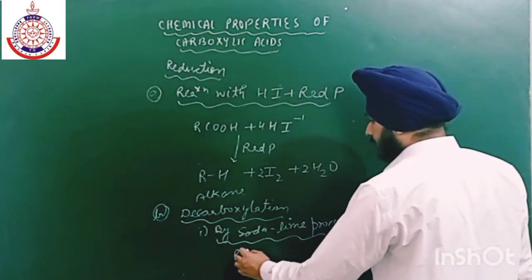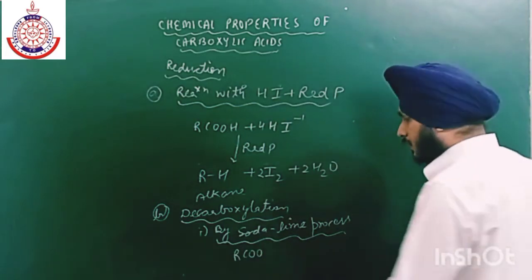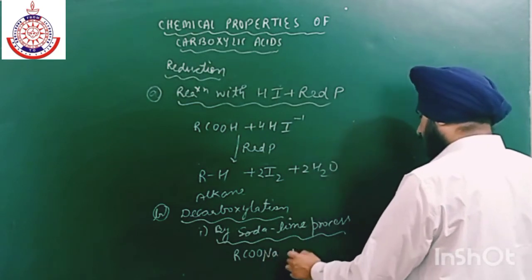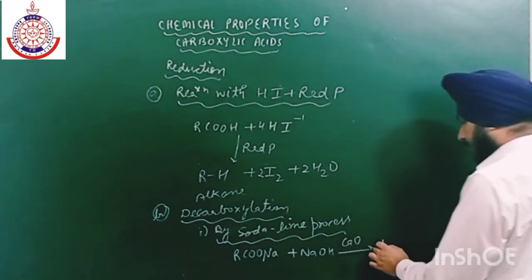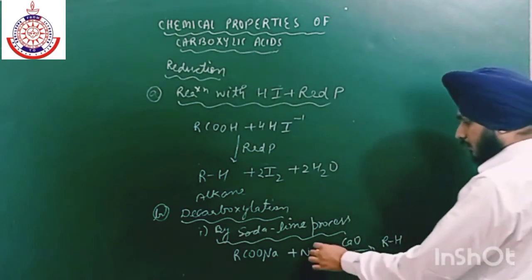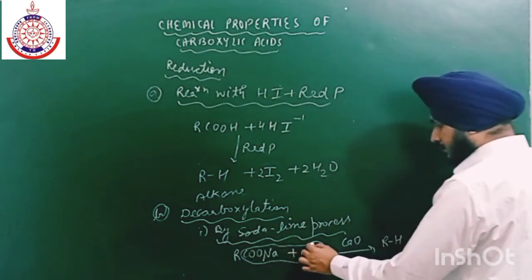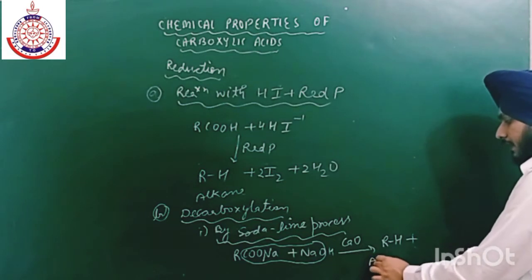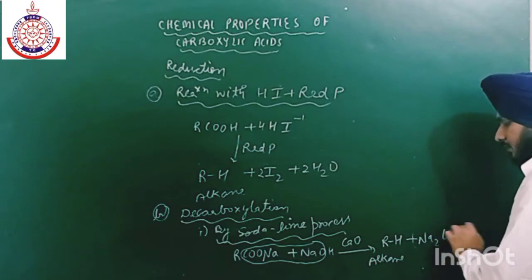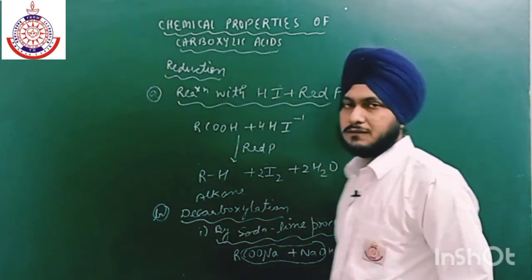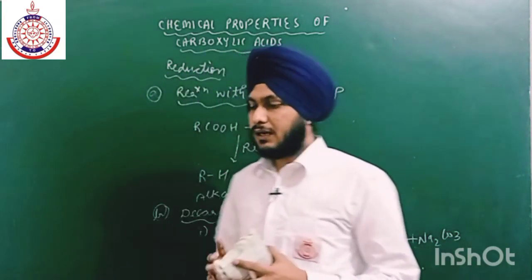Now the reaction is RCOONa. We are taking the sodium salt of carboxylic acid, which is reacted with NaOH in presence of calcium oxide, and we will get RH. This whole group will leave as Na2CO3, and we will get alkane plus Na2CO3. Na2CO3 is sodium carbonate. So this is the first method in which decarboxylation takes place. The next method is